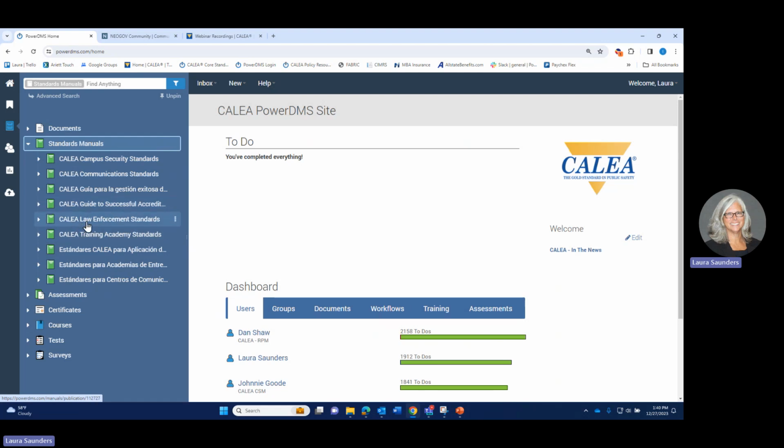For instance, if you do not see the CALIA Guide to Successful Accreditation Management, or if you're in the law enforcement process and you have an interest in seeing communications or training academy or campus security, these would be the steps to go through to get these manuals into your PowerDMS site. Only one person needs to subscribe. Once subscribed, then that person, that administrator or master administrator, would provide access to other people within your organization to